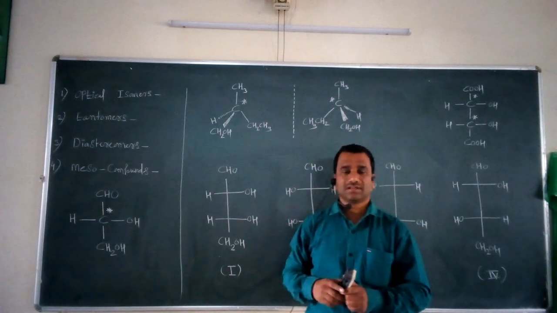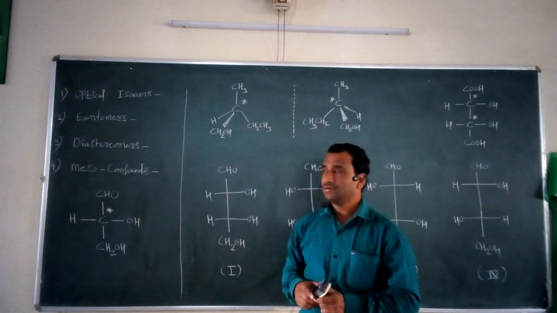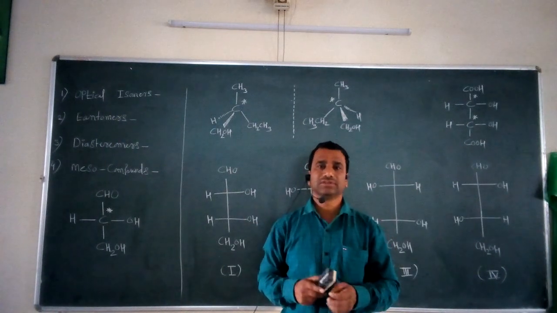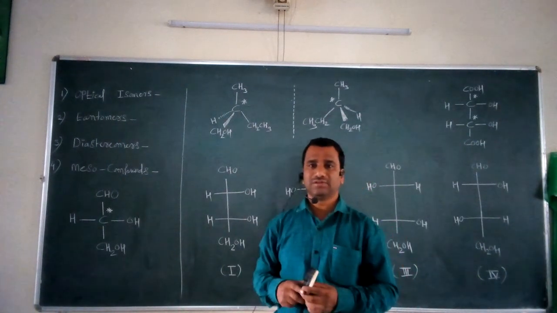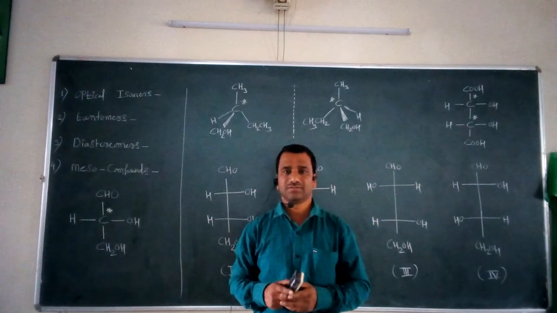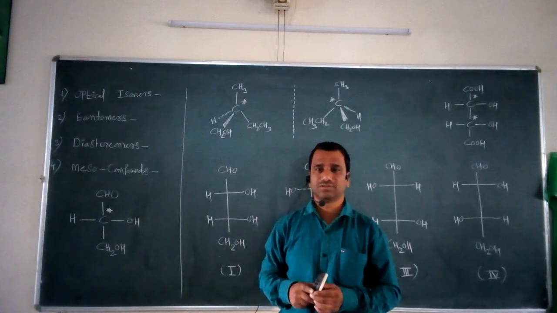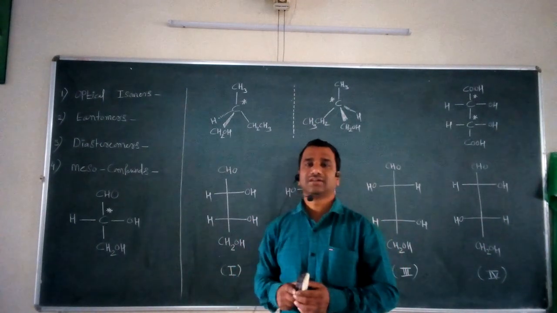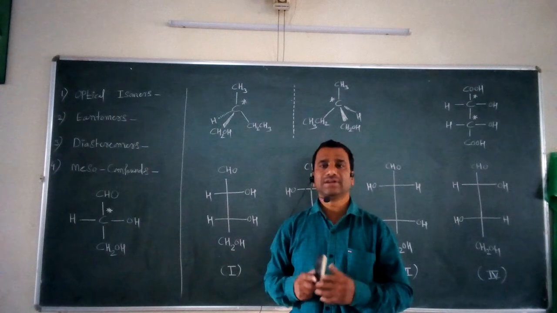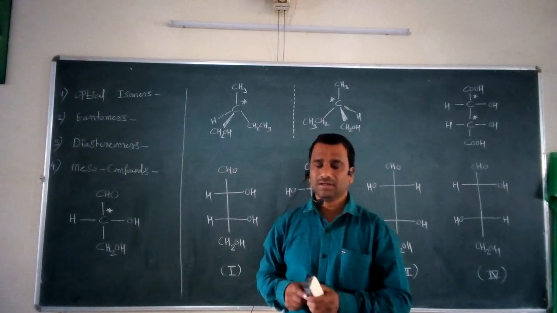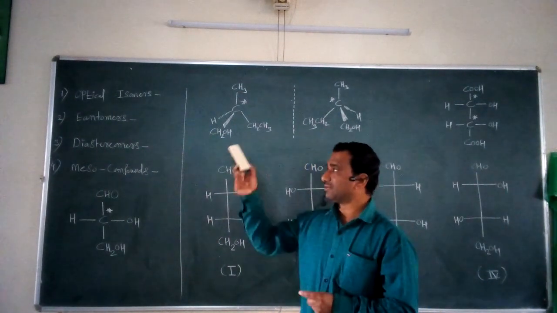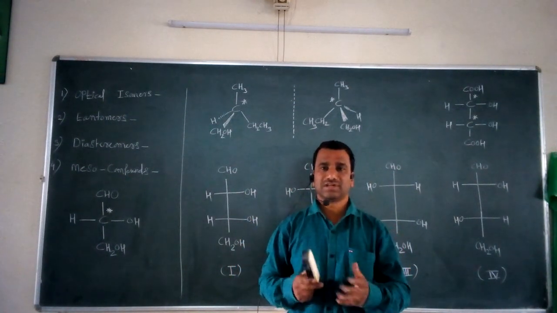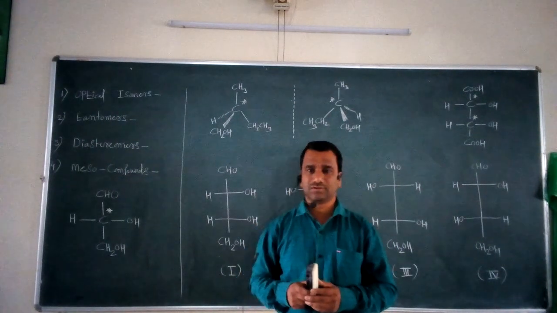In the last lecture, we discussed what is meant by optical activity of compounds, how a given compound shows different optical activity, what the different parameters for optical activity of compounds are, and what is meant by a chiral center or asymmetric carbon atom. So that we completed in the last lecture. In the current lecture, we are going to take the next important concepts which are important to study the optical activity of compounds.